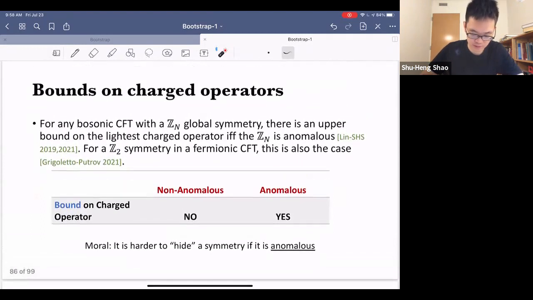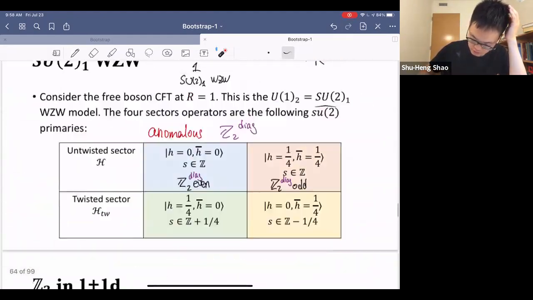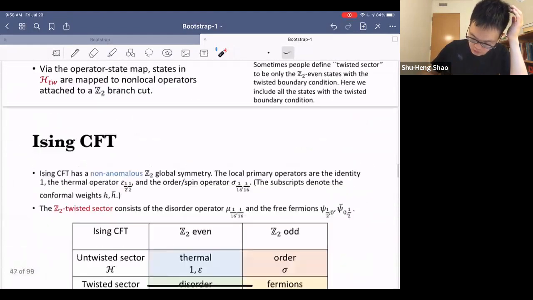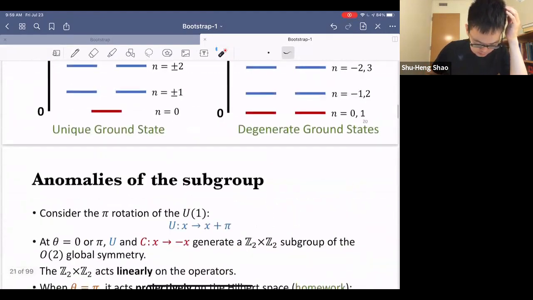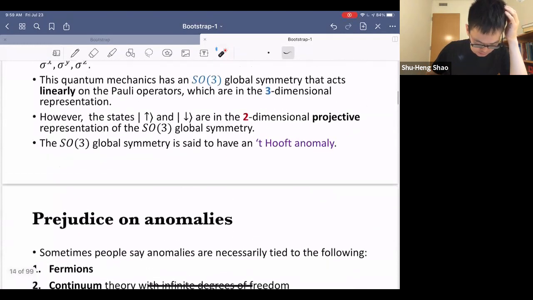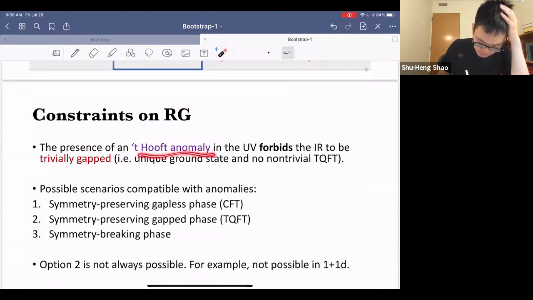The intuition is the following. As we discussed in the beginning of this lecture, the presence of anomaly implies that certain scenarios in the low energy are not possible. For example, it cannot be trivially gapped. So usually we divide the possible low energy phases into several cases. It could be symmetry breaking, it could be a TQFT, and you can see that a lot of the discussions in the literature, let me just go back to that page. So as I said, if I have anomaly, then it cannot be trivially gapped,